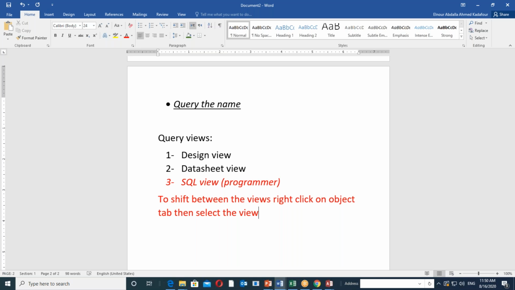In fact, we have 3 of them. The third one is SQL, but this is for specialist people and is not for us. I'm going to stop the class over here. Tomorrow we are